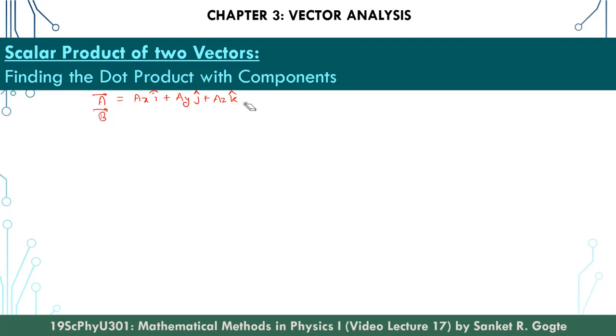And suppose B is equal to BX i plus BY j plus BZ k,